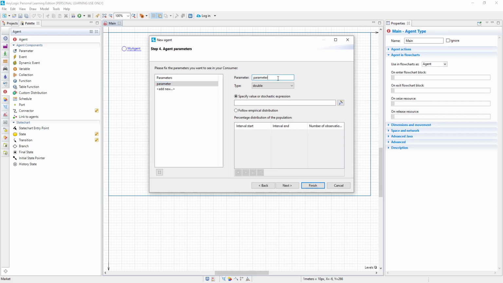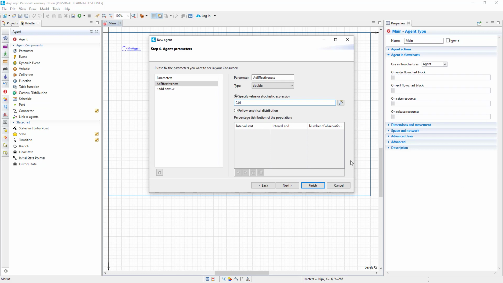I'm going to call the parameter add effectiveness. And we are going to say that an average of 1% of our model's potential users will want to buy the product during a given day. So we're going to do 0.01 as our parameter's